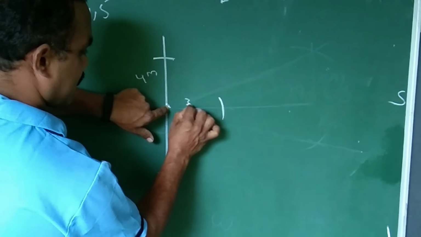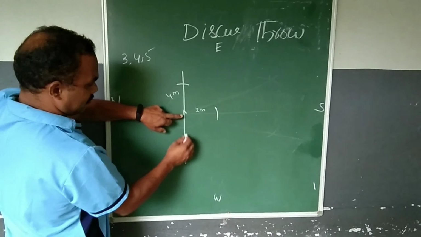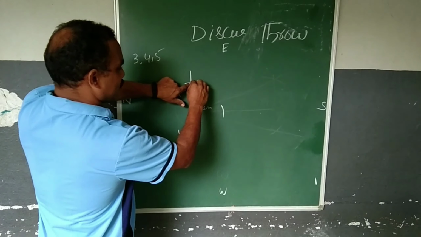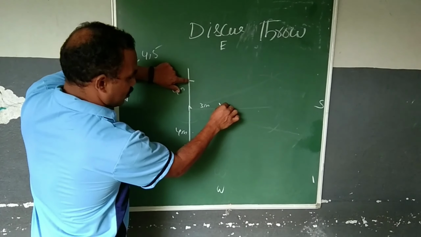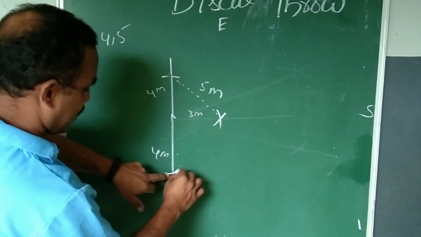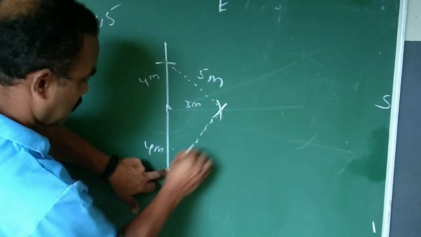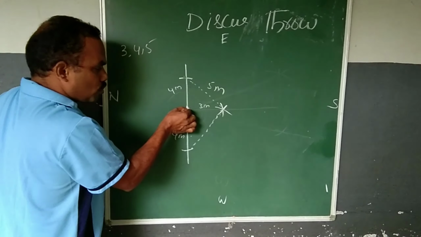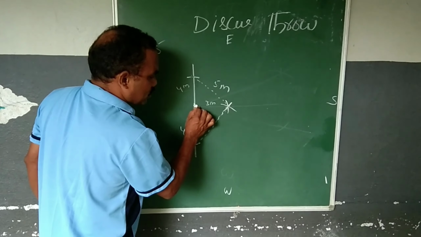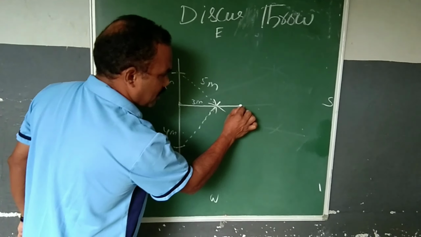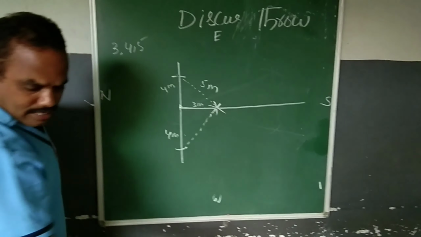To get the straight sector towards the side, this is the method you have to select. So this is the 4 meters and this is the 3 meters. From here to here 5 meters, from here to here 5 meters, and the same way from here to here 5 meters. So now we know this is the straight angle. This 3 meter line from the center should be extended until the